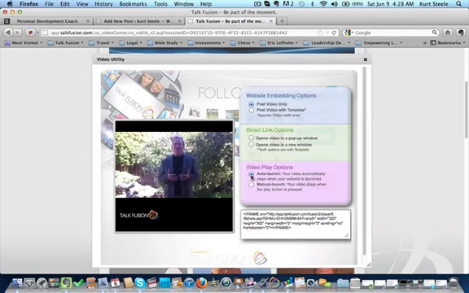And if you want it to auto launch when the person comes to the page, you can select auto launch or do manual launch. So I'm just going to do a manual launch, post the video only. I grab the code, I copy that code, and then I go over to my tab where I have my